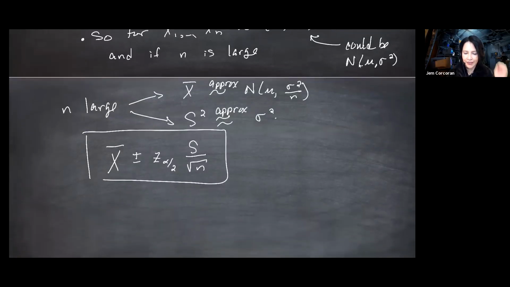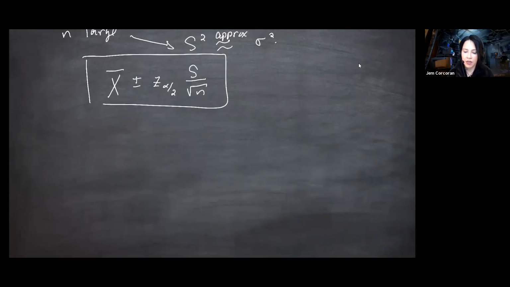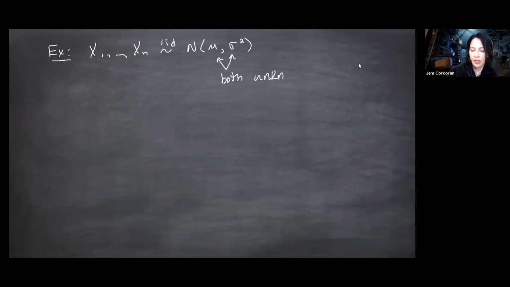Okay, so my last thing here before removing normality is going to be a small sample with normality, and the true variance is unknown. This is worth a clean, fresh board. So moving up here. Suppose we have that x1 through xn are IID normal, mean mu, and variance sigma squared, and that both of these are unknown, and n is small. Actually, what we're about to do will work for any size n, but my point is that when n is large, people usually use that approximation that we just wrote down.